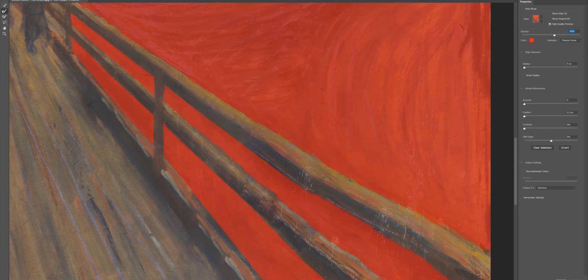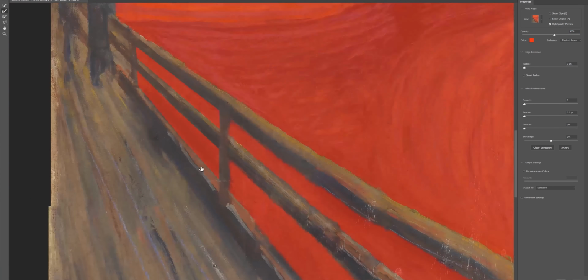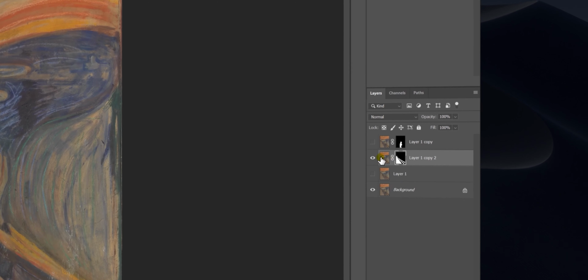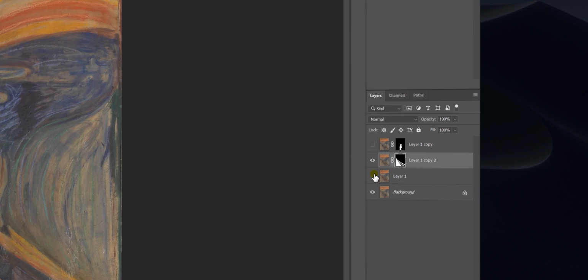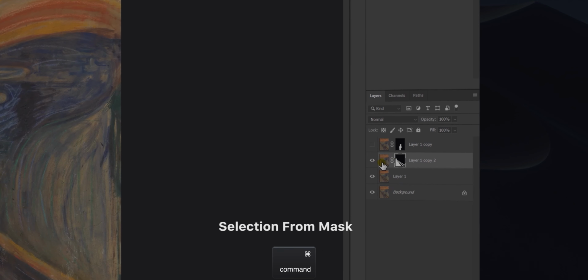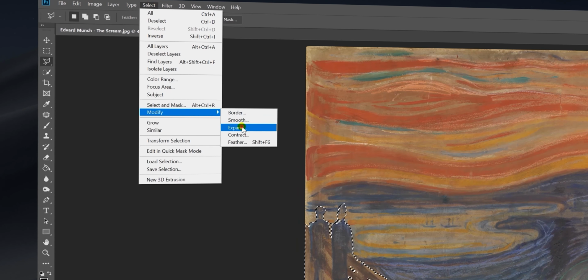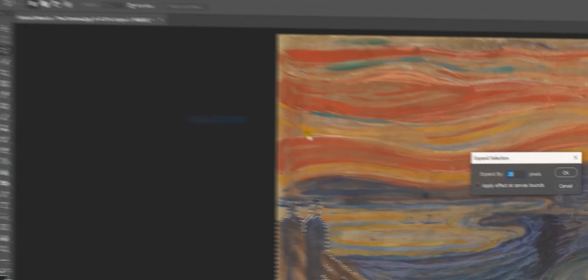So do the best you can and take your time, ensuring to carefully review your work as you go along. Once you're finished, again we're going to change the output to new layer with mask, and once we're there, let's go back to the main screen, enable layer 1, click on our mask and disable layer 2, and then repeat what we did earlier. Let's expand our mask and this time set it to about 30 pixels, and once again